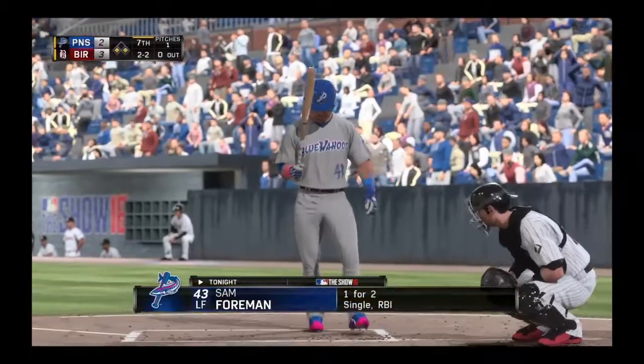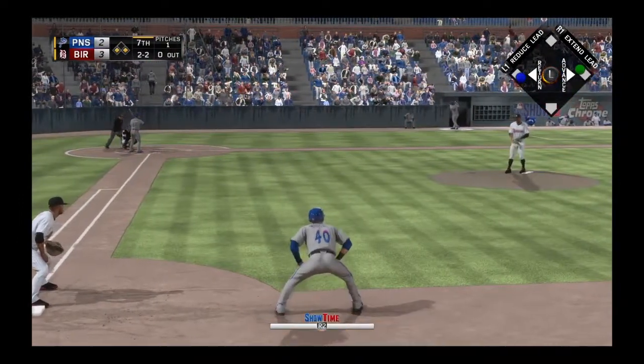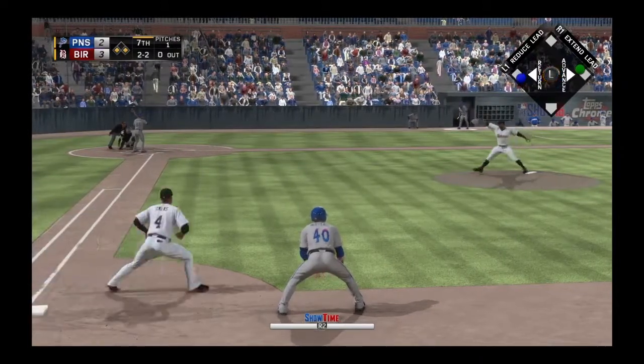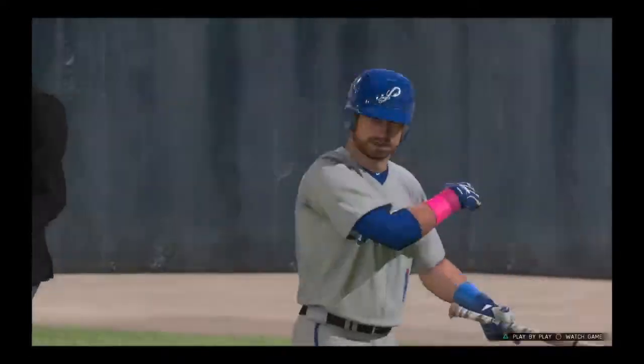So a pivotal moment here, and digging in now, Sam Foreman, as he'll go to work on trying to bring home the tying run from third. These are the at-bats where there's pressure on both sides, and you better believe that that man out on the mound